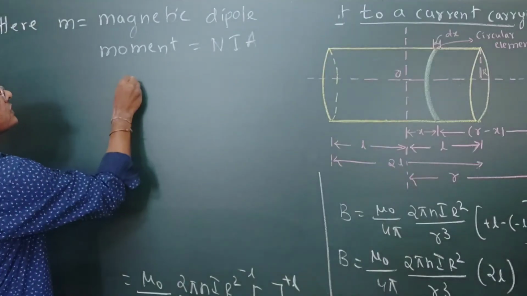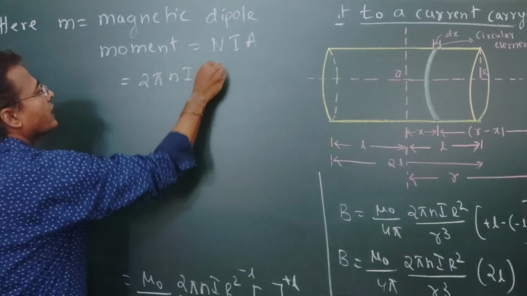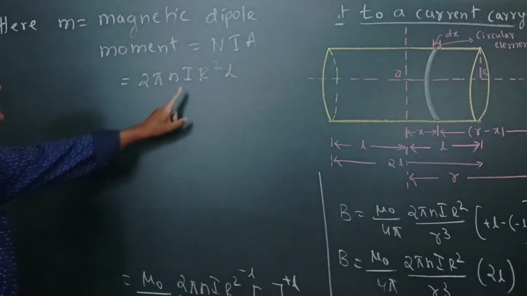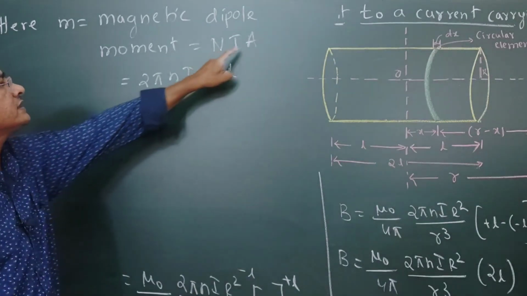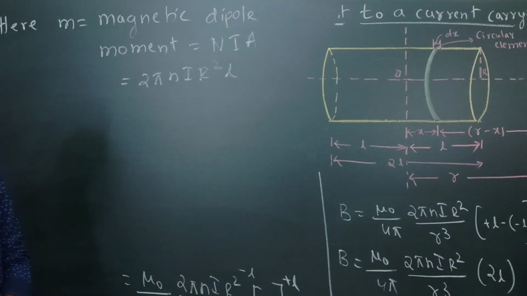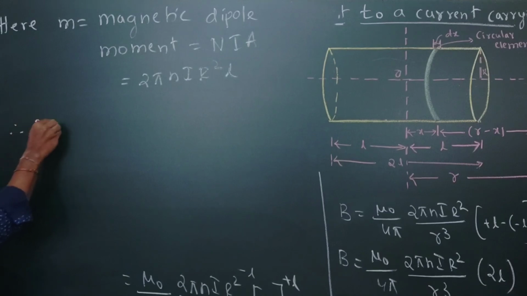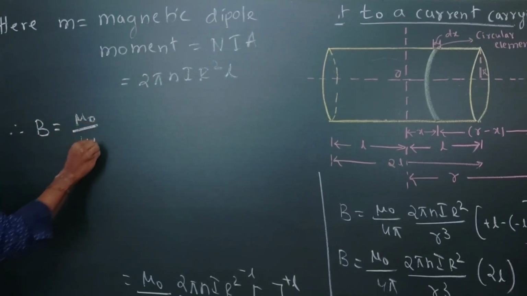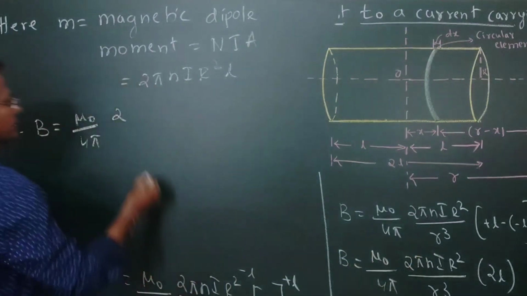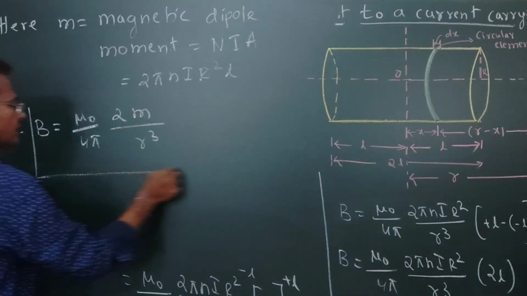So we have 2 pi n I r square into l: 2 pi r square is the area, I is the current, and n into l is the capital N. Therefore the above equation becomes B equal to mu naught by 4 pi, 2m divided by r cube. This is the derivation of